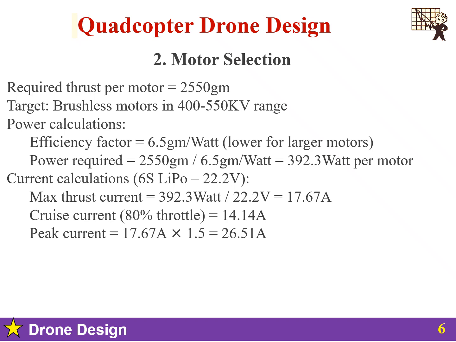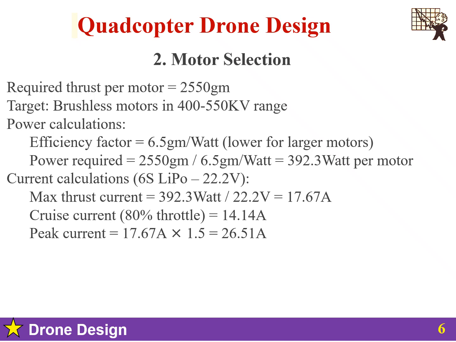Current calculation using a 6S LiPo, that is 22.2 volts nominal. Maximum thrust current is equal to 392.3 watts divided by 22.2 volts, that is equal to 17.67 amperes per motor. Cruise current at 80% throttle is equal to 17.67 amperes times 0.8, that is 14.14 amperes per motor. Peak current is equal to 17.67 times 1.5, that is